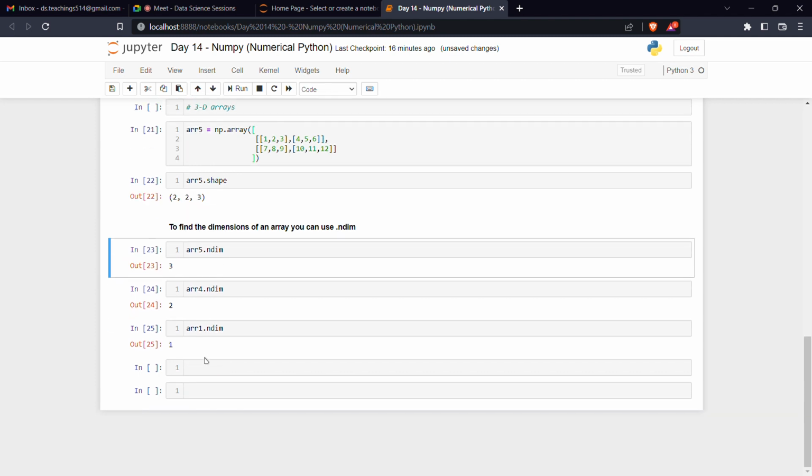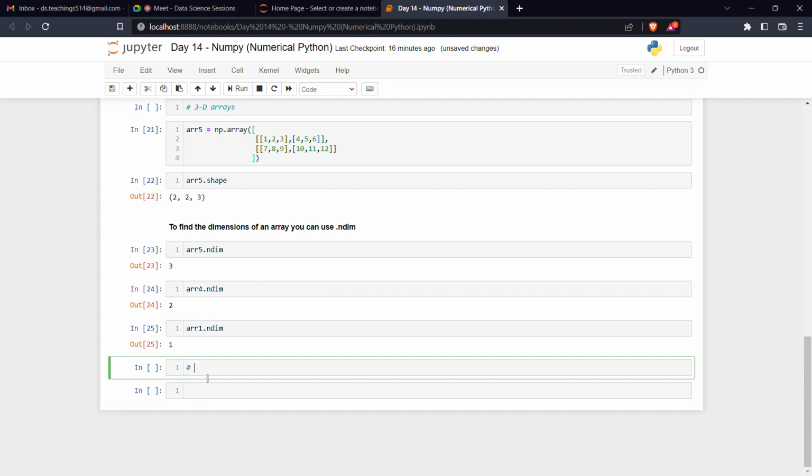So .ndim is going to show you how many dimensions are there. Yeah. So I have shown you how to create different dimensions of data in an array. I have shown you how to check the shape, how to check the dimensions, and the next thing is